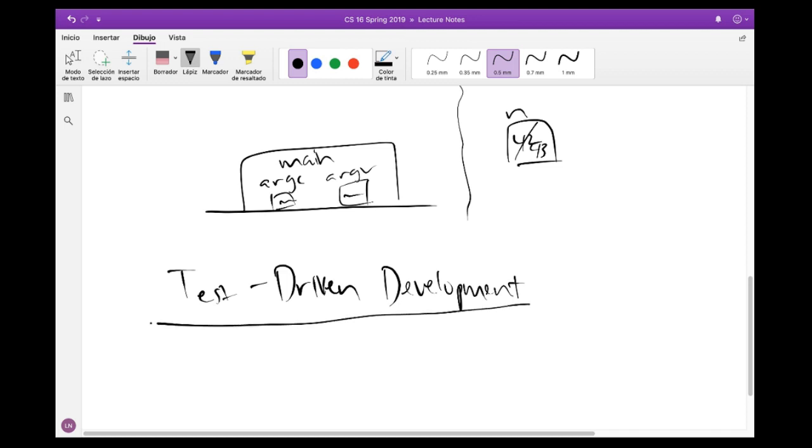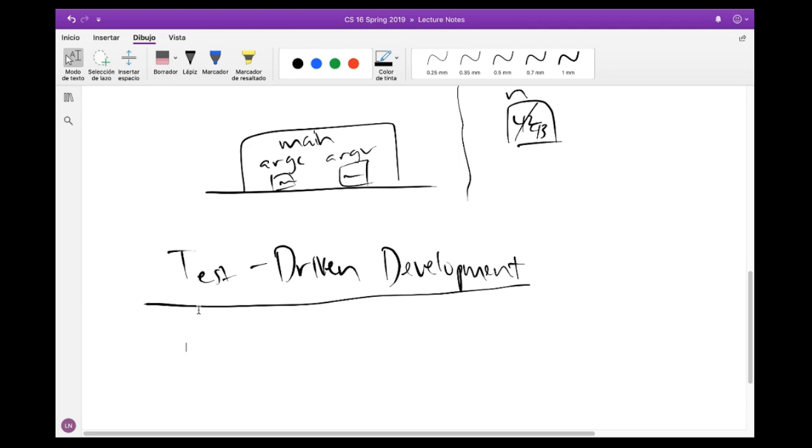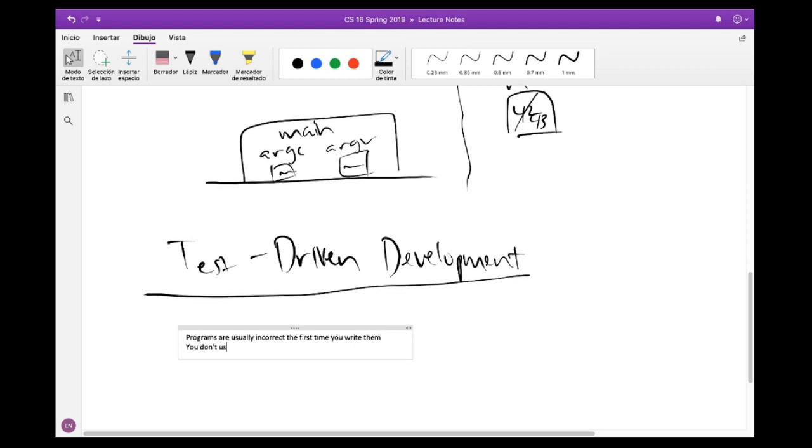And so the key thing is that programs are usually incorrect the first time you write them, right? Or they're untrustworthy. You don't trust your programs immediately after you write them, right? You don't usually trust them. Especially if you're given someone else's code, you shouldn't trust that either until you've looked at the code and actually